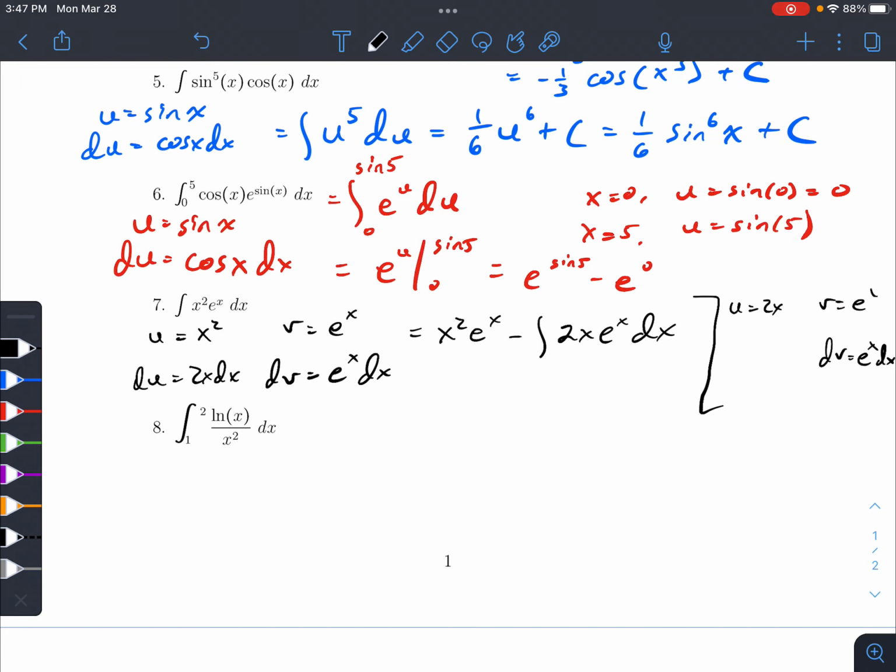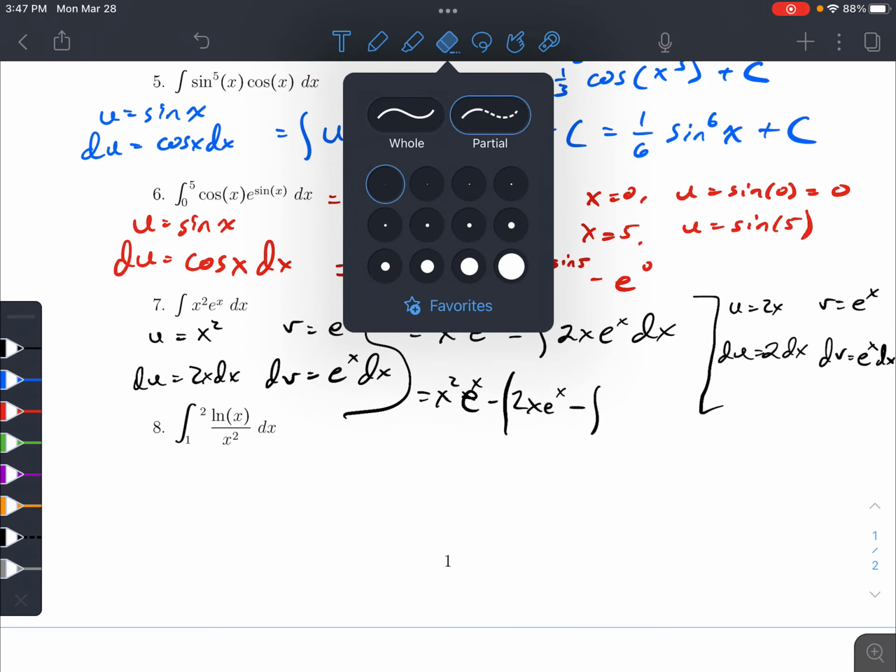Then my v will be the antiderivative of e to the x, which is just e to the x. My du will just be 2 dx. All right. So then this equals x squared e to the x minus, so uv, 2x e to the x, minus the integral of v du. And v du,